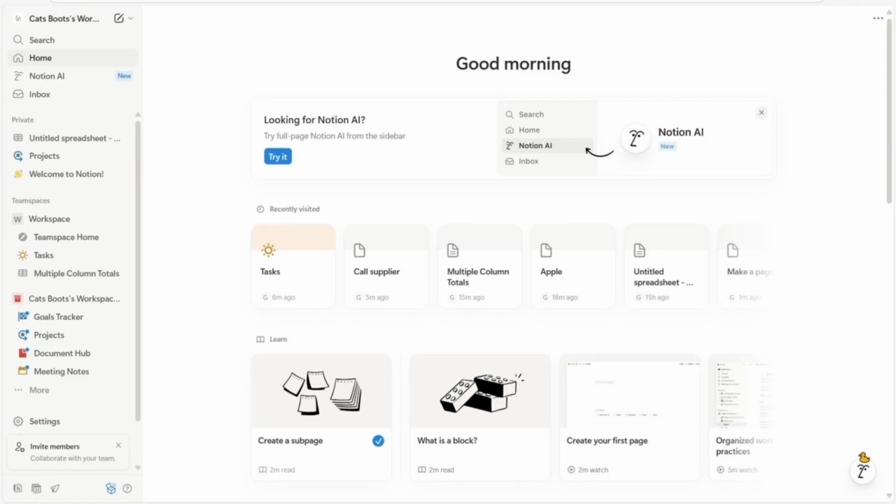In this video, I'm going to show you how to set a reminder in Notion. Let's get started. After successfully logging in to your Notion account and accessing the homepage, what you